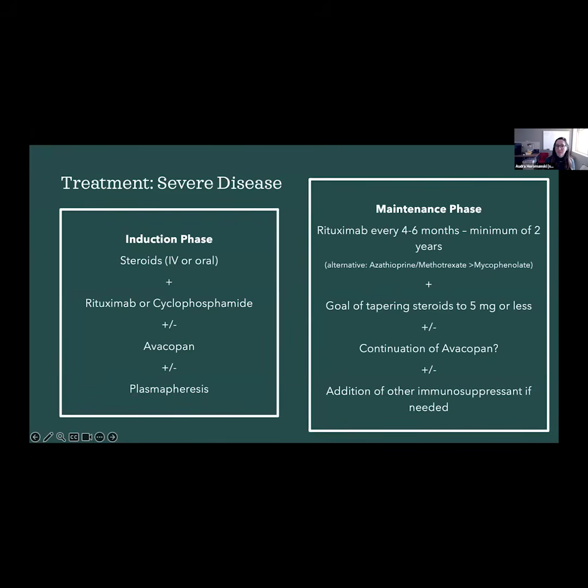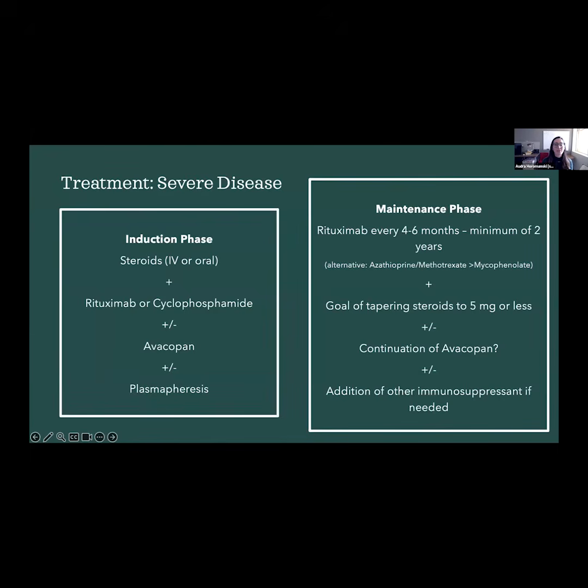So that includes a number of things. It includes steroids. The steroids can be given either IV, through the vein, initially or orally, and there's usually a high dose up front and then a gradual taper over some period of time, depending on which protocol we're using. Steroids are a really good short-term medication, a really bad long-term medication. They work really quickly, but they have a lot of side effects. And I'm sure many of the people here have experienced those side effects.